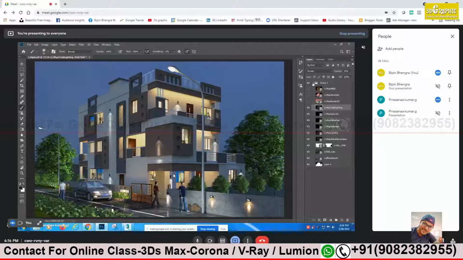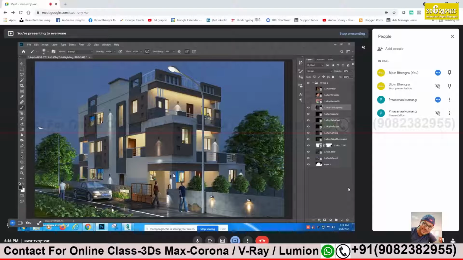It gives you a very nice effect. I can see it's looking very nice, like a night scene. Now we'll slightly brighten the sky so that it looks like an evening shot. Evening view. You can add some evening cloudy kind of thing. Later on, you can also add clouds. We'll see right now. Later on you can mask out.